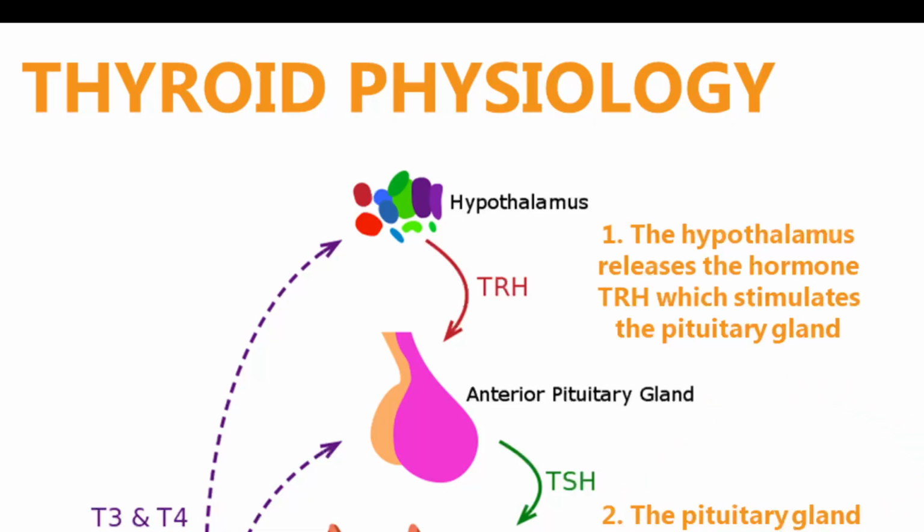The pituitary gland releases the hormone TSH, which stimulates the thyroid gland. The thyroid gland makes the thyroid hormones T3 and T4. These are the actual thyroid hormones, which lead to increased metabolism, growth, development, and catecholamine effect. And after its job is done, as T3 and T4 are made, they signal the hypothalamus and pituitary to stop stimulating via TRH and TSH production. When T3 and T4 are adequate, no more needs to be made.